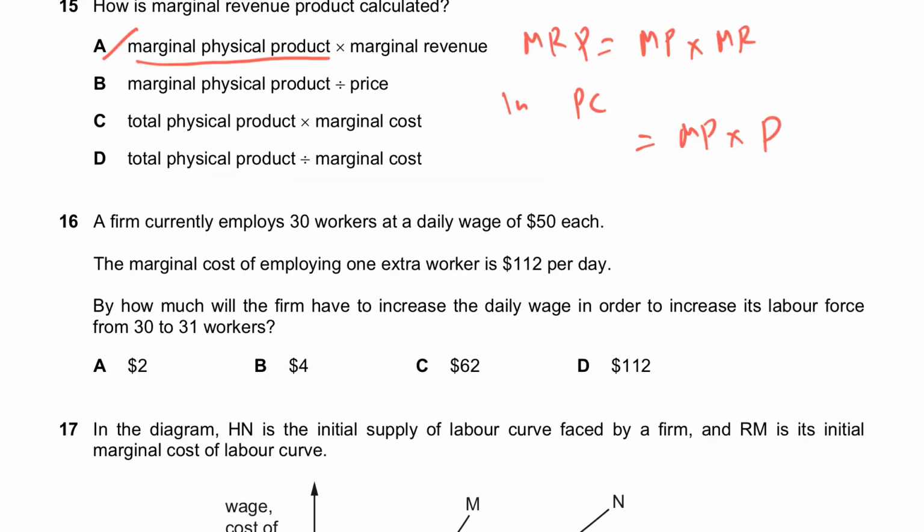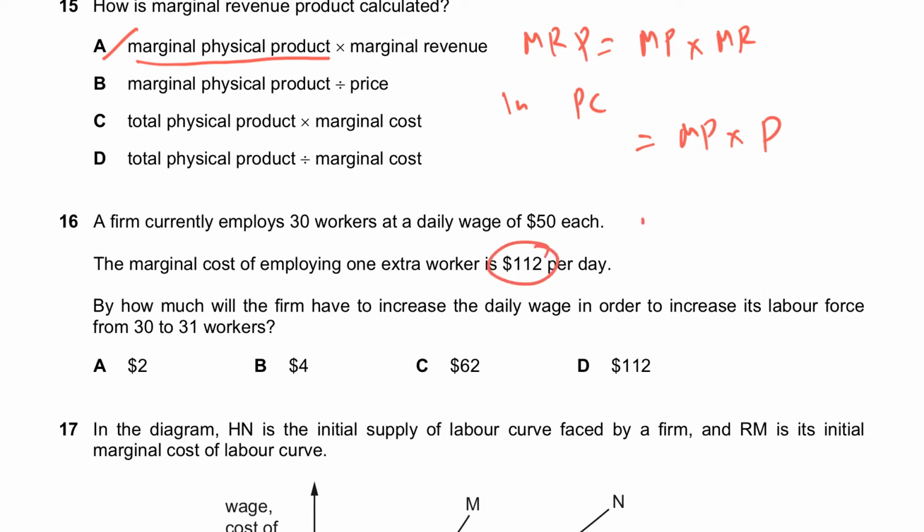In question number 16, they say a firm currently employs 30 workers at a daily wage of $50 each. The marginal cost of employing one extra worker is $112 per day. By how much will the firm have to increase the daily wage in order to increase its labor force from 30 to 31 workers? So the way we solve these questions is that we know this, that marginal cost is